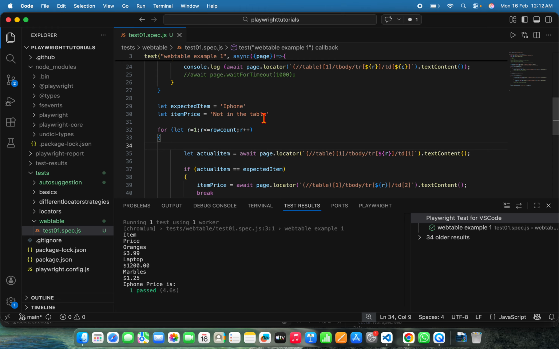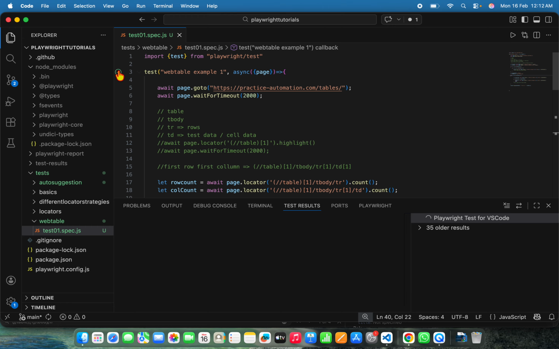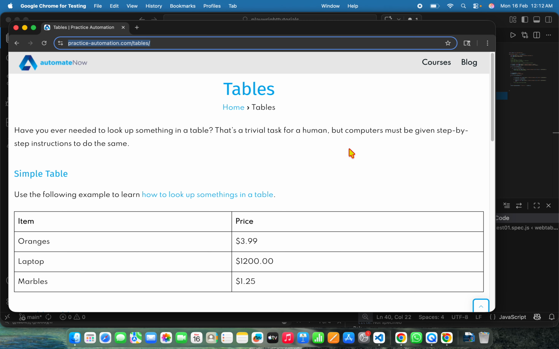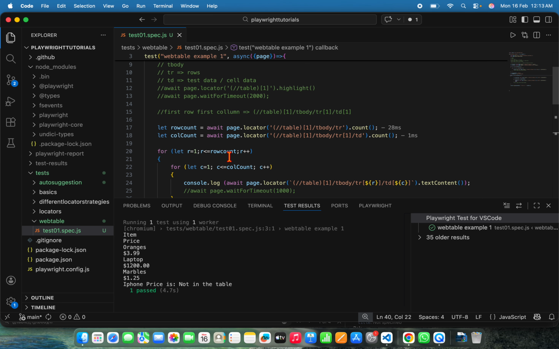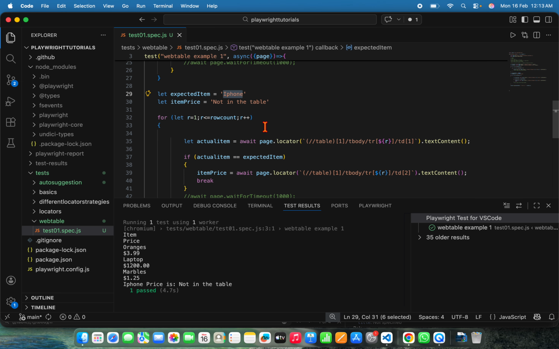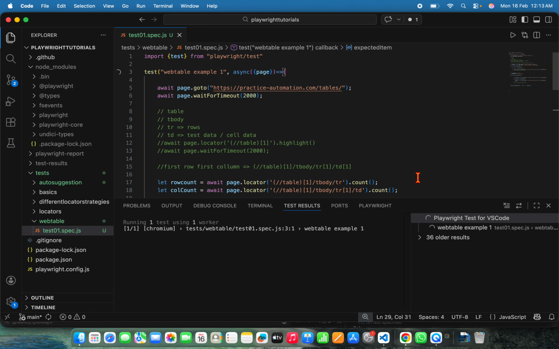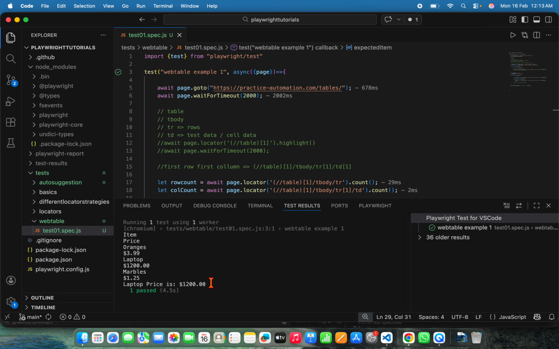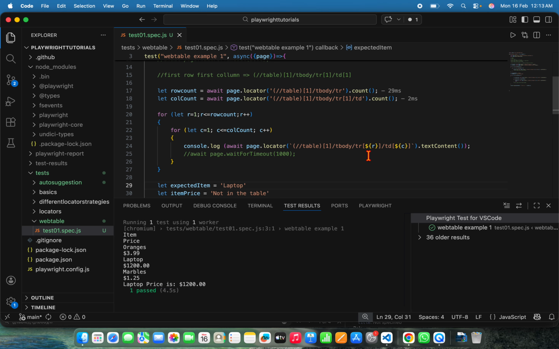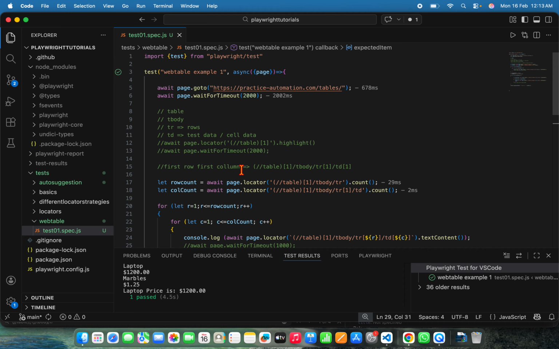At the beginning it will be like not in the table, but once it is found, then it will be stored in this item price. So let me run this. Yeah, iPhone price is not in the table is what it prints. In case if I give laptop instead of iPhone, it is going to print laptop price $1,100. Nice. It's a very simple table, and here what we have done, first we identified the table and we ensured